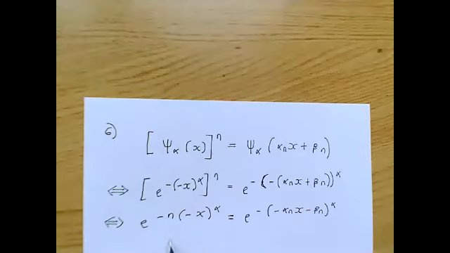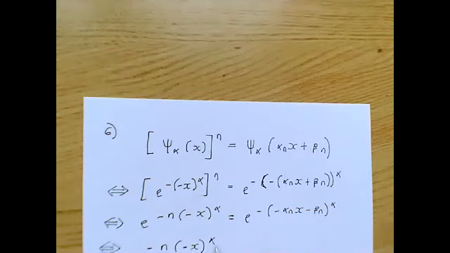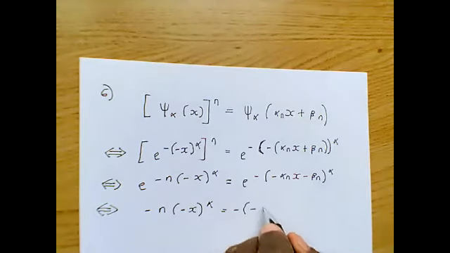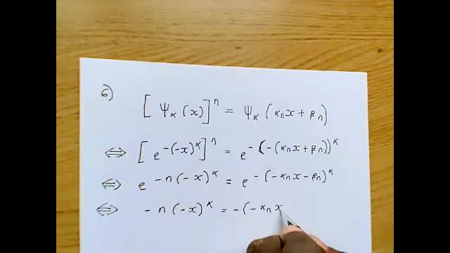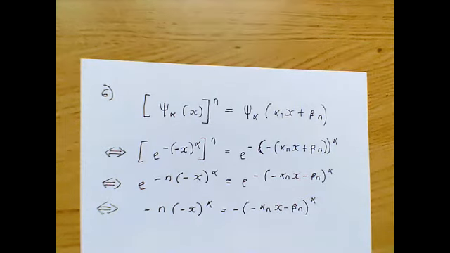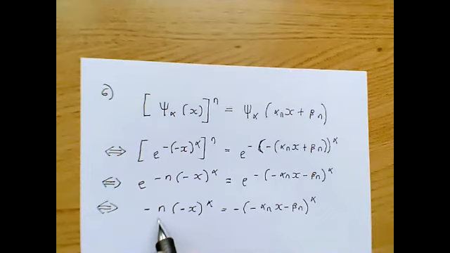Now I'm going to take the logs of both sides. You should take the log on the left and the log on the right. You get minus n times this, and on the right hand side, you will get minus this. All right, now the two minuses cancel out, so you get